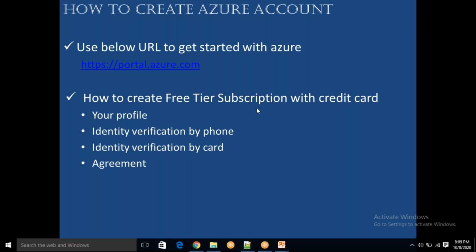Now what you need to do is you need to see only free available services. For example, there are some services which are available for free for 12 months. So you can use those services. But whatever services are chargeable, those services you cannot use. The reason is very simple: you don't have any credits, because whatever credits you are getting, this $200, will be available only 30 days.